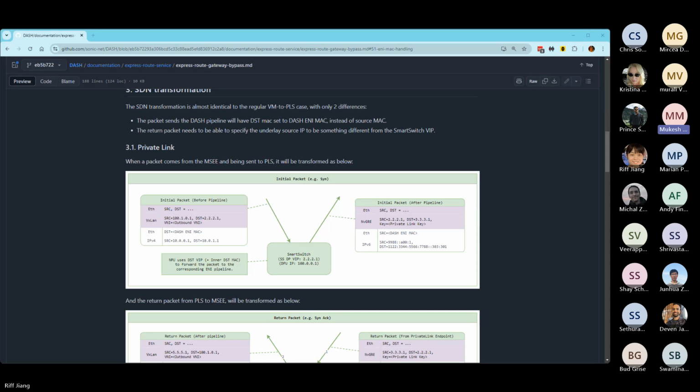Yeah, so for all purposes here in the current DASH pipeline, it's modeled as a VM. I think for the next phase, we should start a different conversation offline first, otherwise it will be too confusing at this moment. But coming back to the topic, for the VNI, I think we just